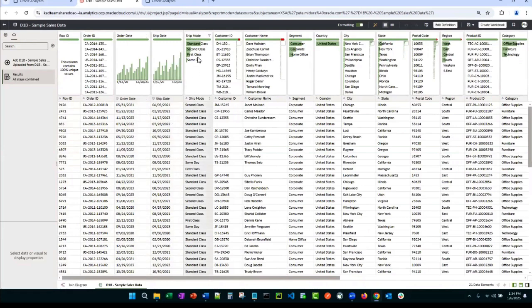Or even for attributes, this chart is showing you basically the percentage of some of the values. So this standard class has roughly 60% of the values in this data set. So you can get a lot of information just at the top of this pane. Now, here's some other pieces of information. This red bar is telling me that I have about 10% null populations. So that might be something I want to address in the future.